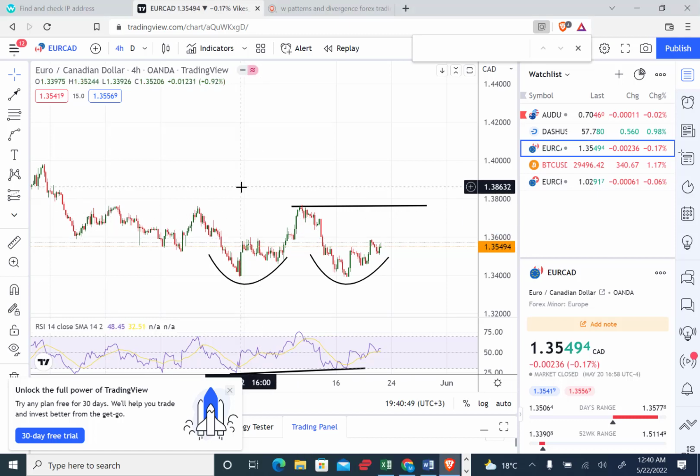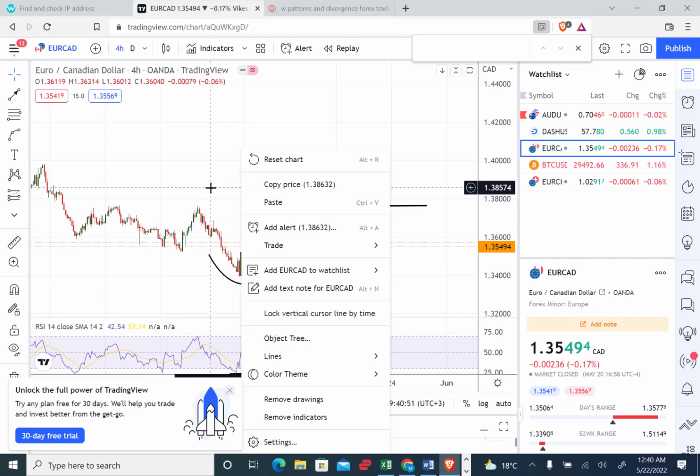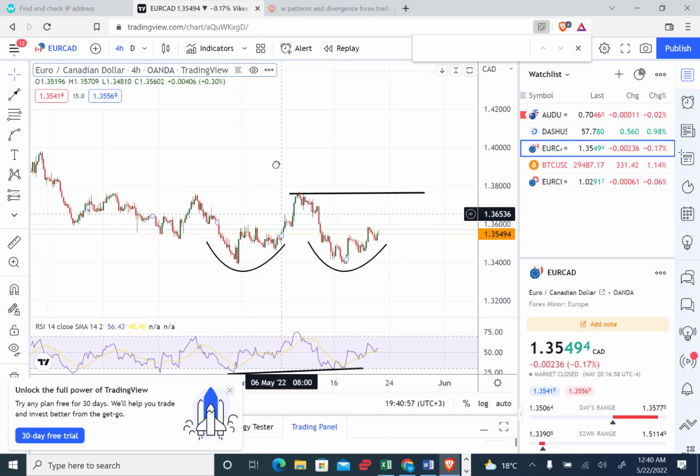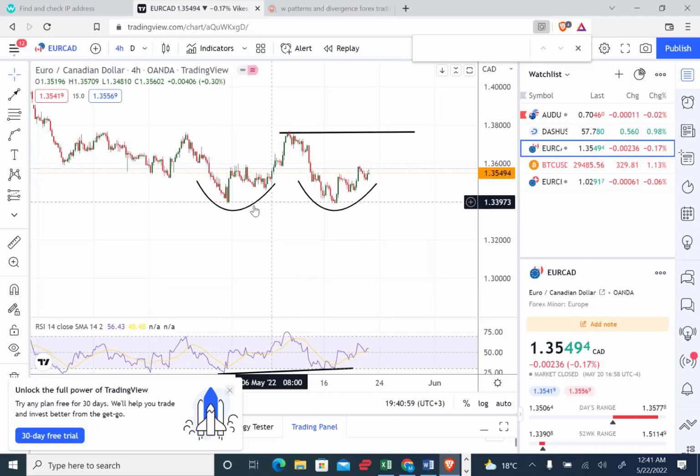So basically, okay, I've drawn it already. So basically, a W pattern does take place after a bearish rally. A W pattern is a reversal pattern after a bearish rally, meaning that the bulls are almost coming back into play. Okay,